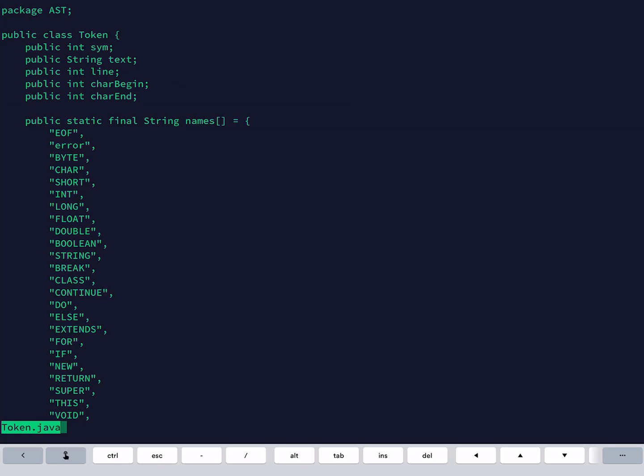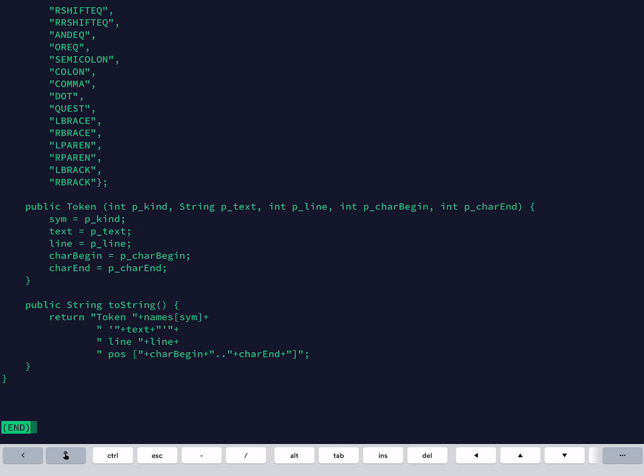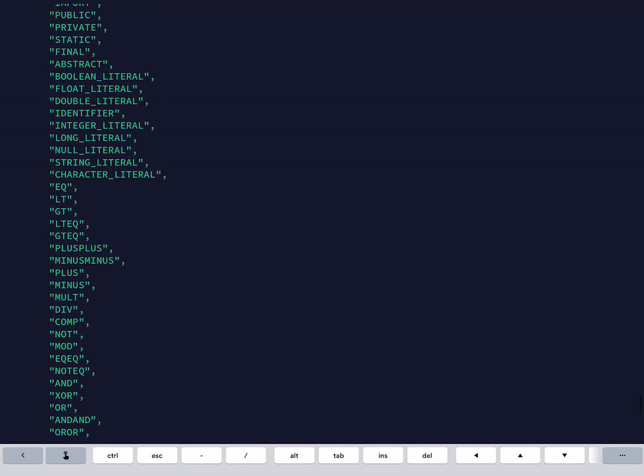And you can see here at the top, we called it, I didn't call it lexeme, I called it text, and sim, that's the kind. Then I have line, char begin, and char end. So those are those 5 things that we needed in my implementation of a token. And then I have this long array here, which goes on forever and ever.